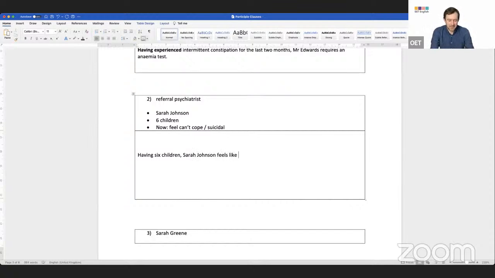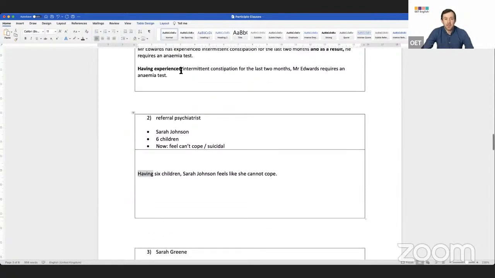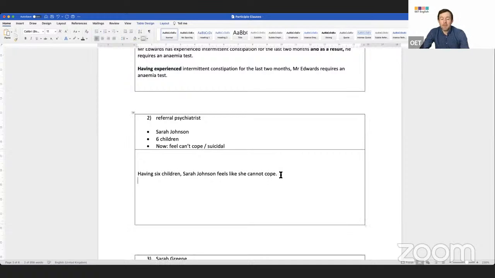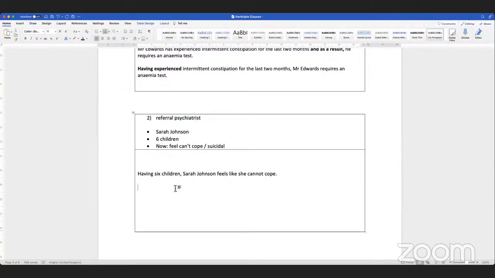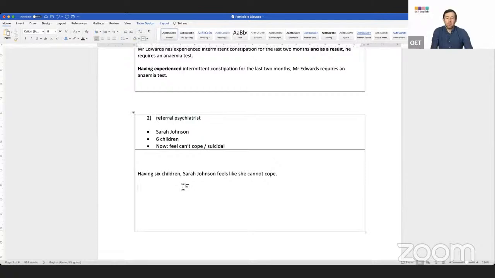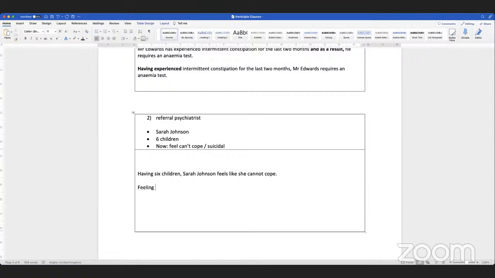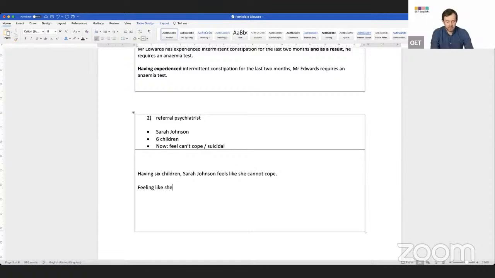Now, what can often happen is people get this "having" confused with "having experienced", part of the perfect participle, but it's not quite right, is it? How about this one? What am I asking to happen here, Yelena? It's a referral, isn't it? Okay. So how about I wanted to say, feeling like she cannot cope,